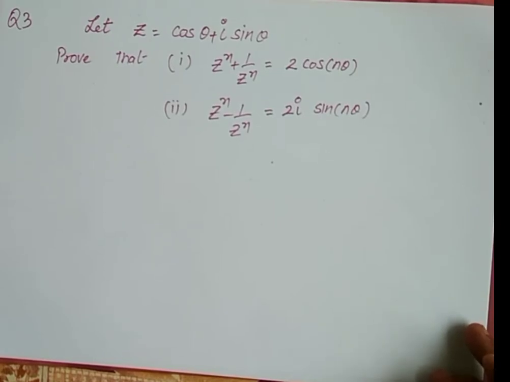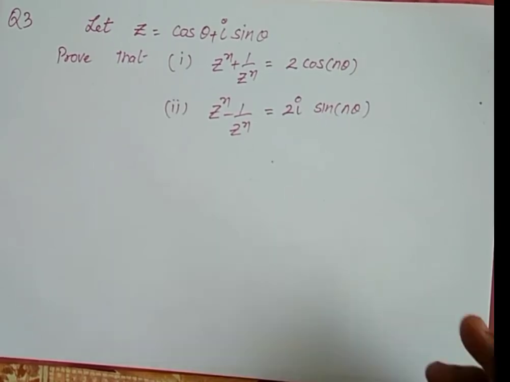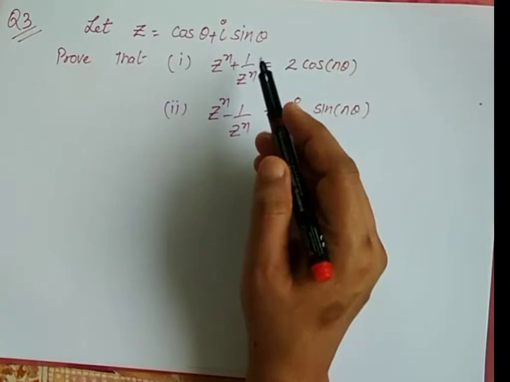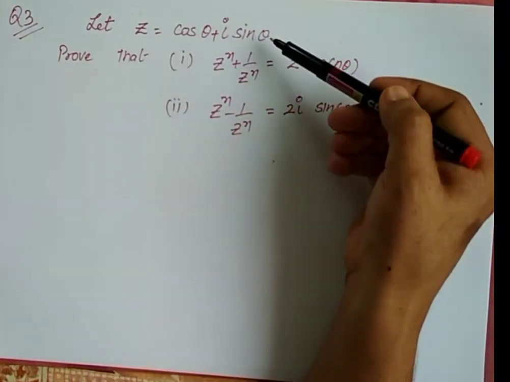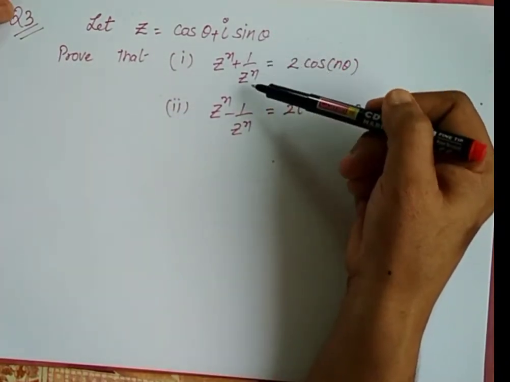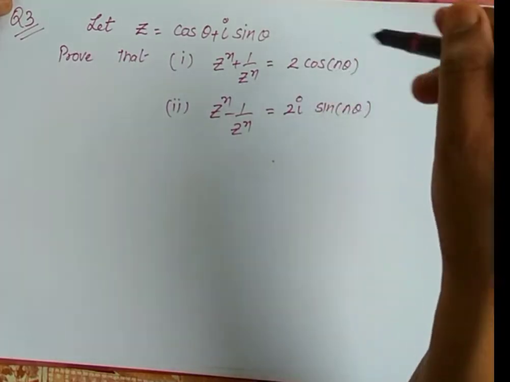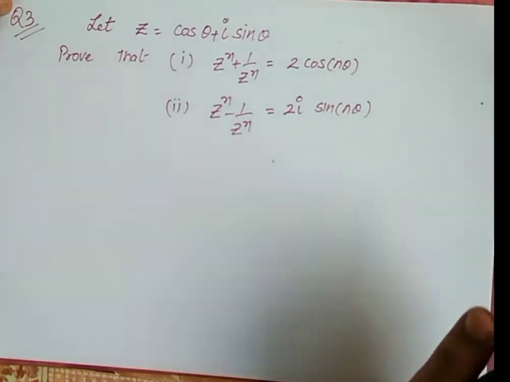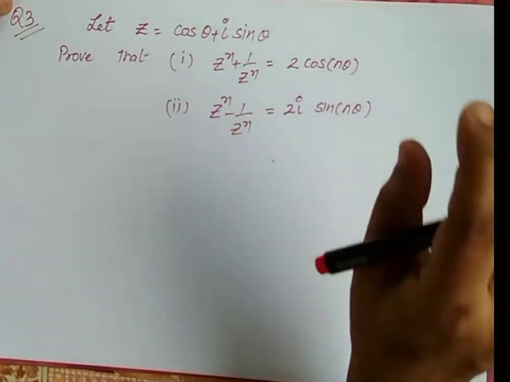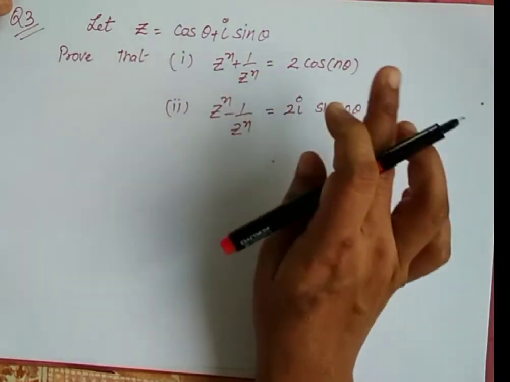In the next question, what we are going to do is that I'm not going to find some power here. Here he has given the value of a complex number. He is asking to prove some identity. Okay, he has not asked you, it is based upon polar form, it is based upon exponential form. He is not saying how to solve. He is saying prove this is equal to this.